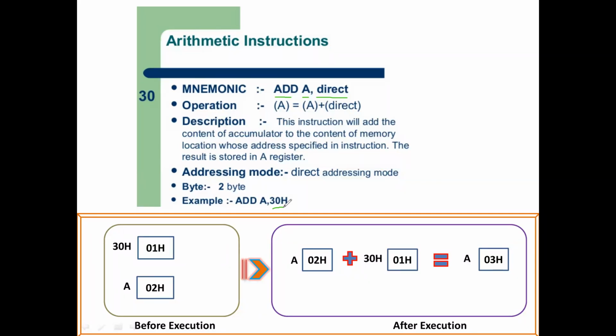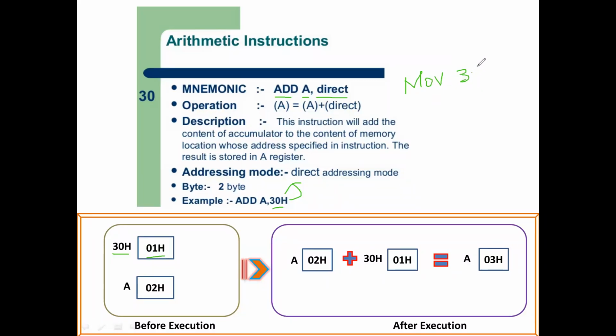What is 30? Anyone? Address. Address, right? So in 30 address, you place any value. For example, I have placed 01H. Before this instruction itself, for example, I already know the move instruction, so I can move direct